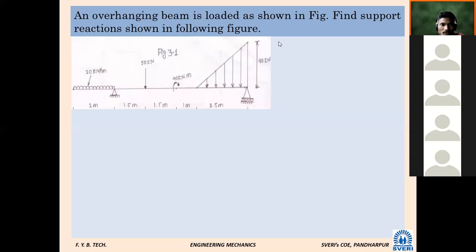Now you tell me, Avinash, why is it called an overhanging beam? I asked this same question in the last lecture. Why is it called an overhanging beam? It is placed on it. On what? All beams are placed on something. Tell me overhanging in Marathi. The beam is projecting out. What does it mean? Example of a gallery, example of a staircase, where we are taking a turn. Overhanging.